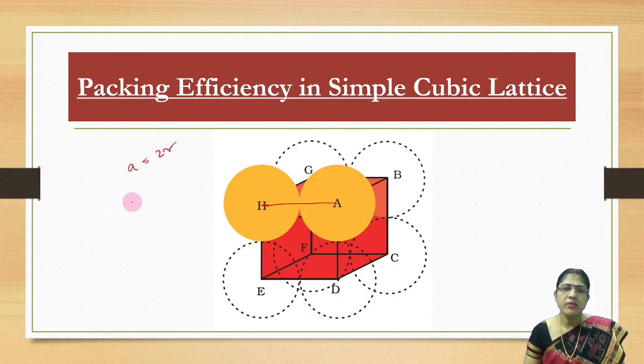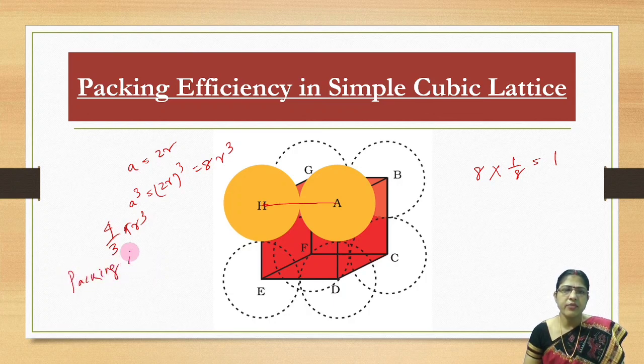So volume of the cubic cell will be A cube, 2R whole cube, right? 8R cube. Since a simple cubic unit cell contains only one atom, because atoms are only at corners, so 8 corner atoms, contribution is 1 by 8 each. So Z effective is 1 in case of simple cubic lattice. And volume of an occupied sphere will be 4 by 3 pi r cube. So how can we calculate packing efficiency in case of simple cubic